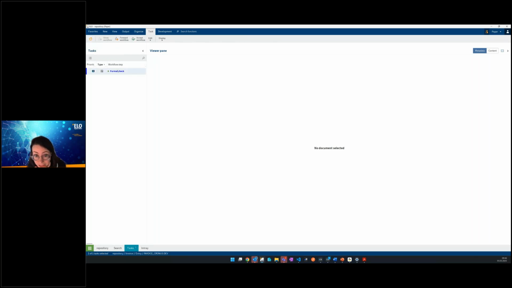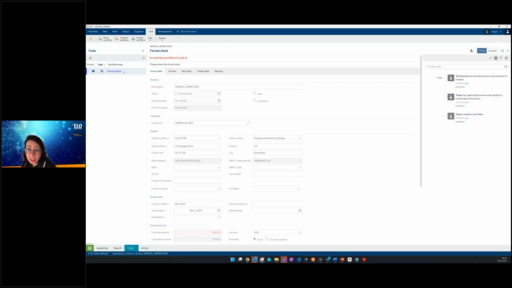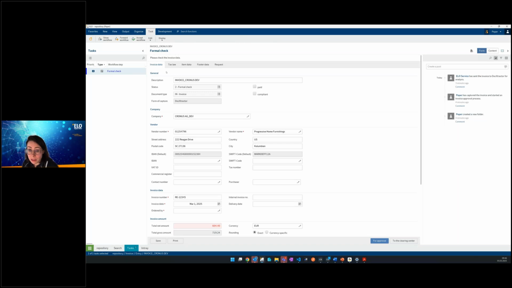There it is. And now I have to accept the workflow, and I can do it via the accept workflow button, or I can just double click on the task. How nice it is, all the information that we have gathered within our doc extractor is now automatically filled in. Isn't that great? Okay, here for your technical input, you have the possibility to change the vendor number. Of course, in your real process, you wouldn't do this, but I will show you that it is possible to search your Business Central for